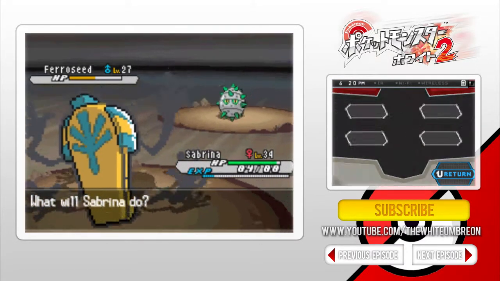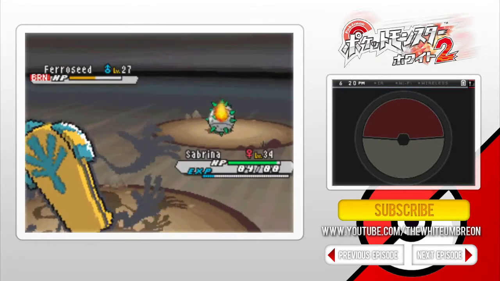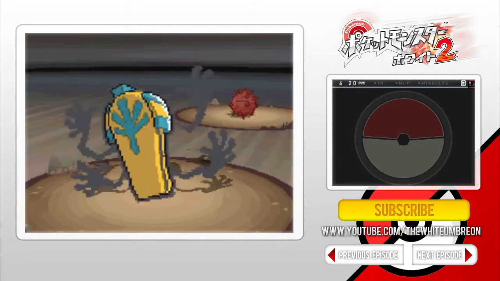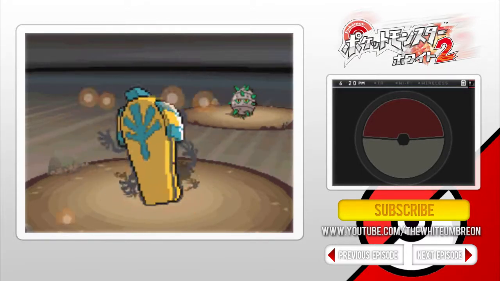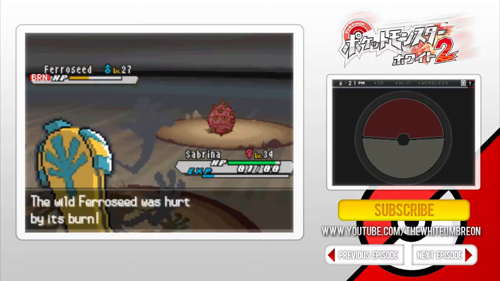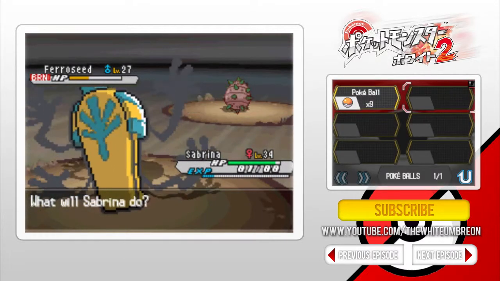Well, I can't use Night Shade against it, so we're going to go for the Will-O-Wisp just to get the burn damage on, because that'll increase the catchability of this Ferroseed even further. And it goes for Pin Missile, which is a bug type move, which is probably going to do absolutely nothing against Sabrina's absolutely insane physical defense and special defense for that matter. Both are pretty ridiculous, but Ferroseed's hurt by its burn,